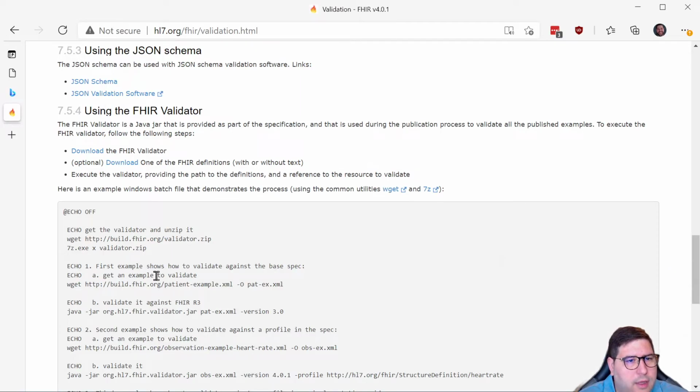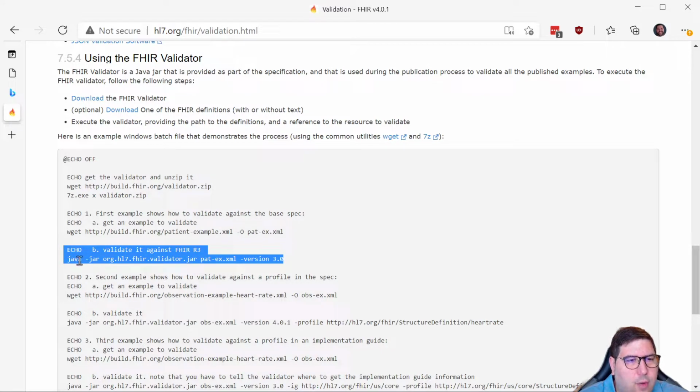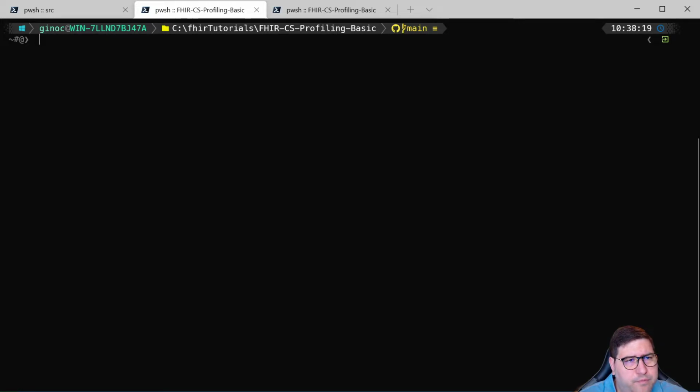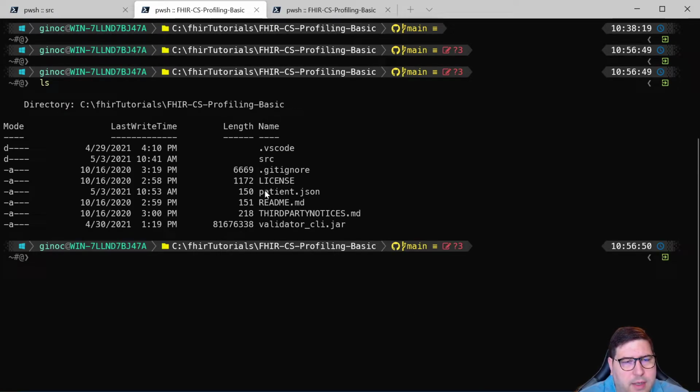And we're going to look here where we say, what do we need to do? When we want to validate, we'll do the simplest validation and see what we get back. We're going to do java -jar, use that jar, and then the file and the version. So I think we're in the right directory. We can see here our patient.json. So I already have